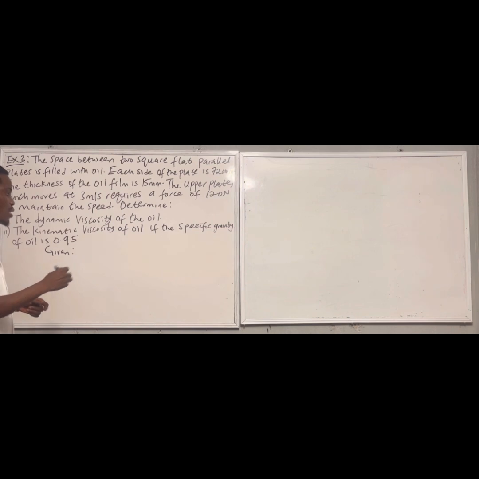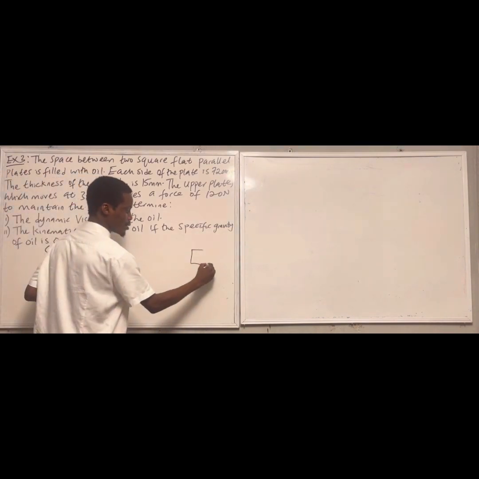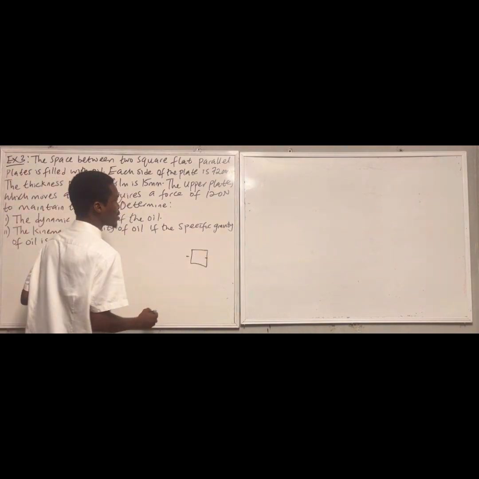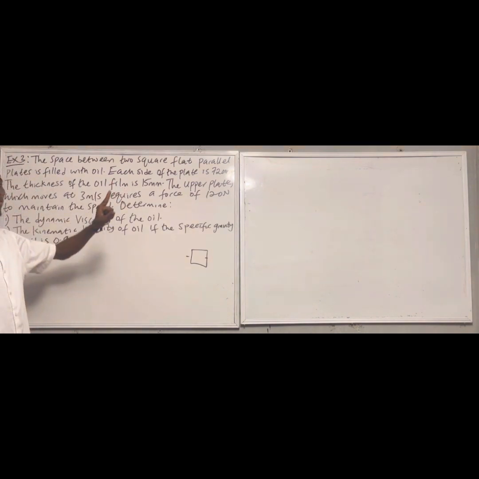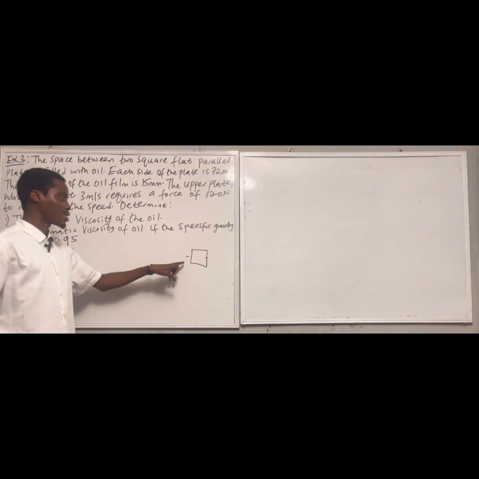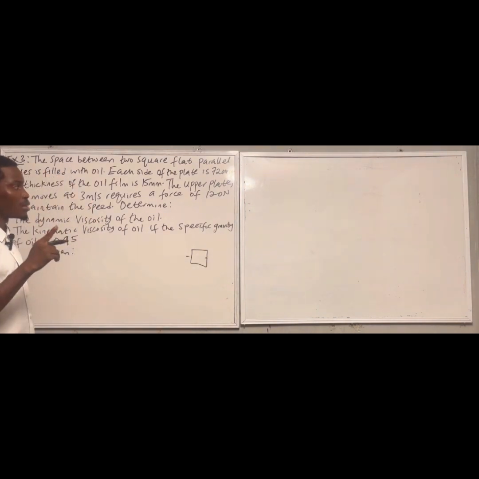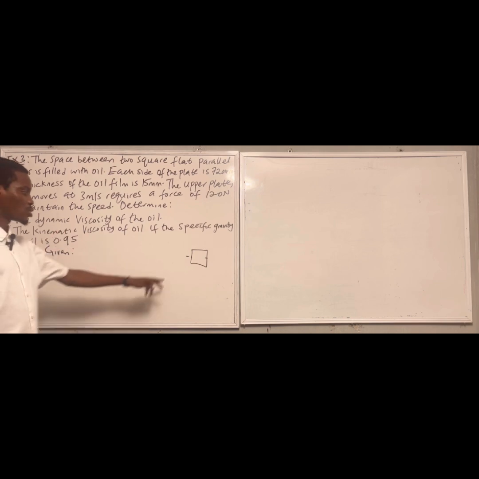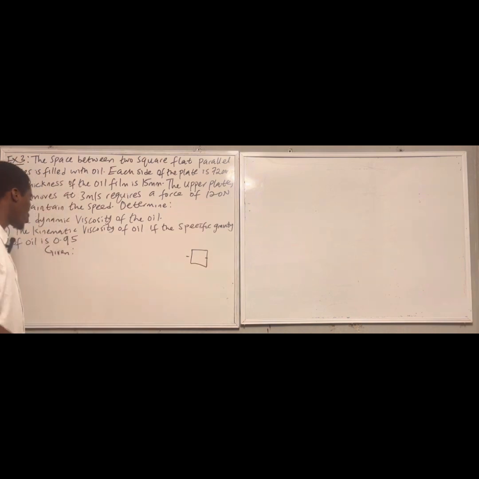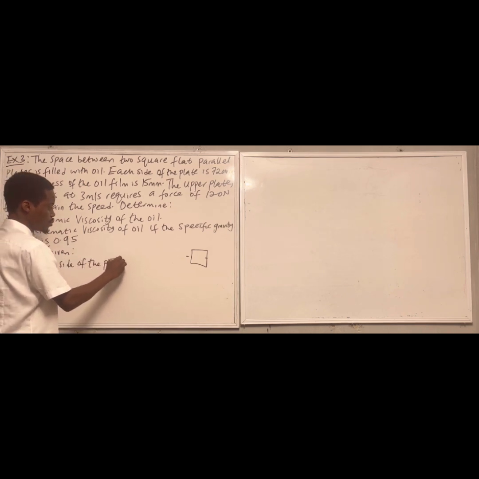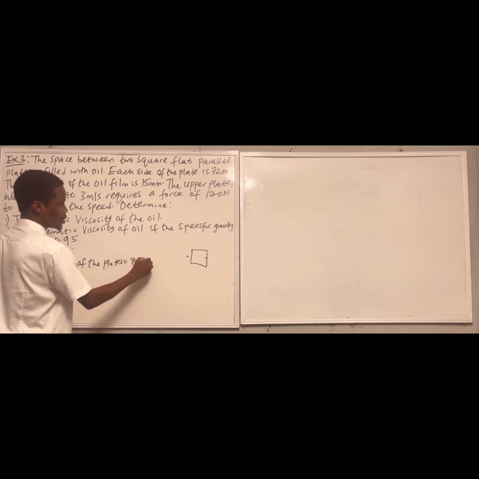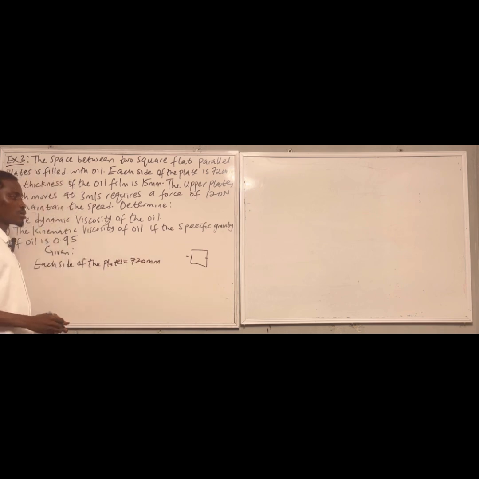Each side of the plate, if you have a square like this, each side of this plate is 720 millimeter. So this side is 720 and this side is 720. So we have each side of the plate 720 millimeter. One side is 720, the other side is